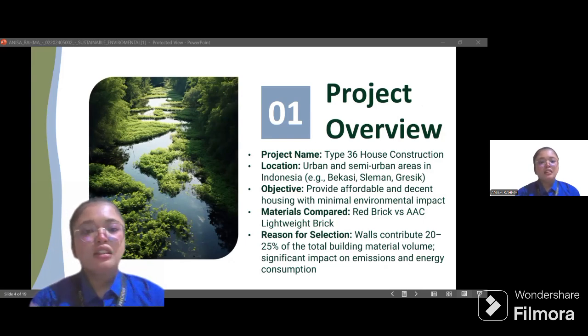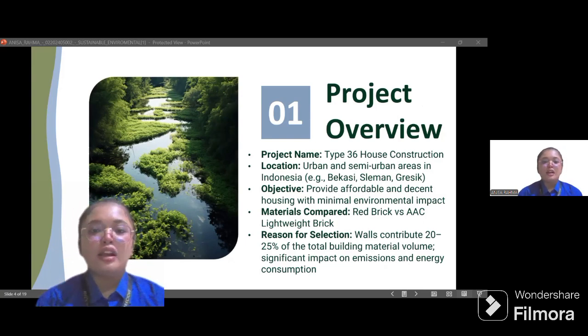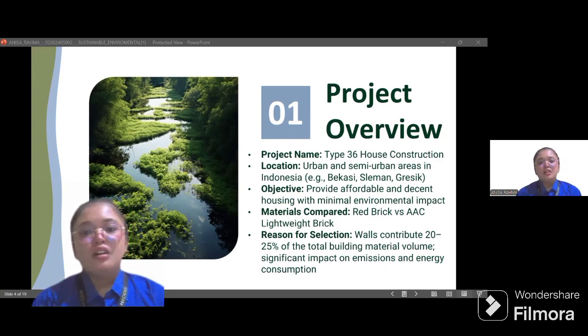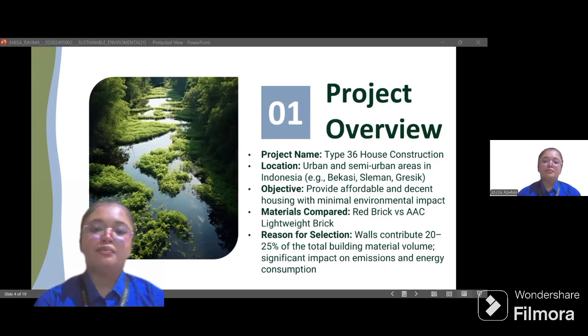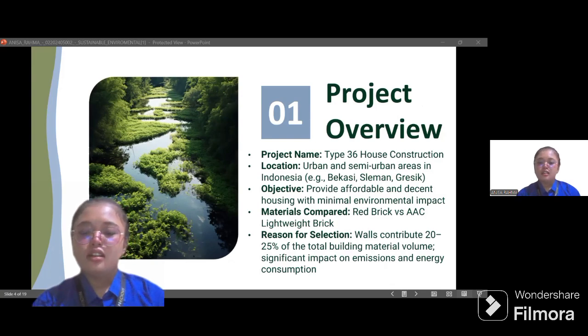This slide lays the foundation for our LCA study. All environmental, technical, and economic considerations in this presentation stem from the context of the construction of type Rumah 36 as described here. And then the next slide,